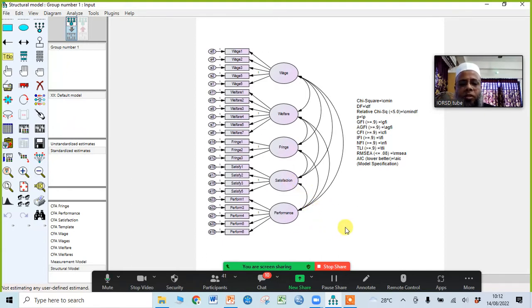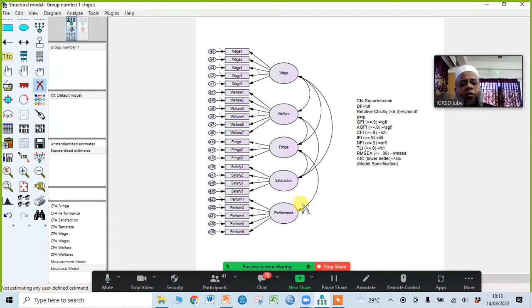And how can we do this? We have this erase objects tool. We will take this one, and the covariance related to performance we will delete like this. When you take the erase object over the covariance line and it is highlighted, just click, and the covariance will be deleted.